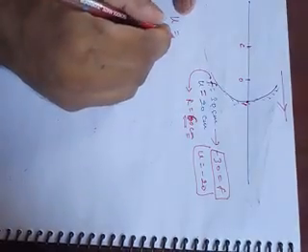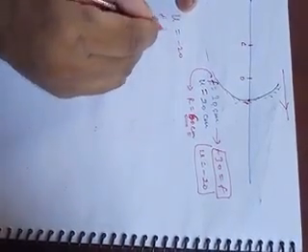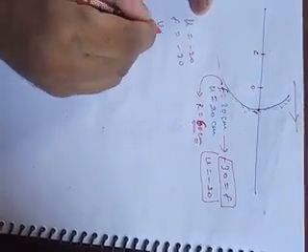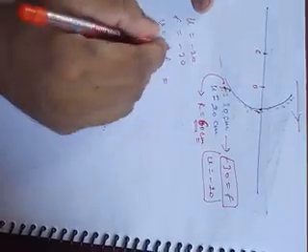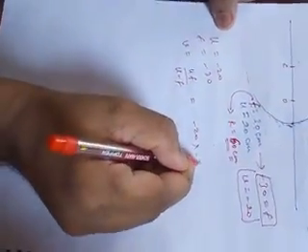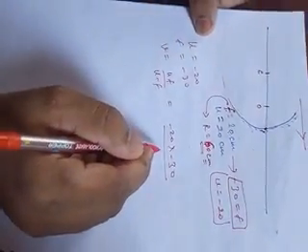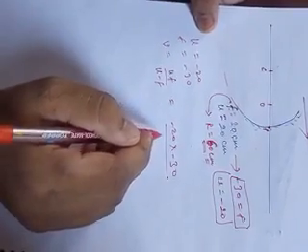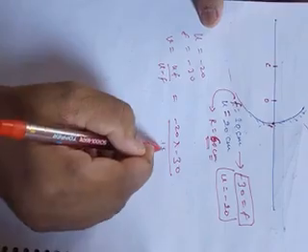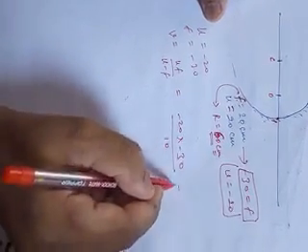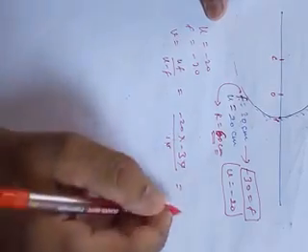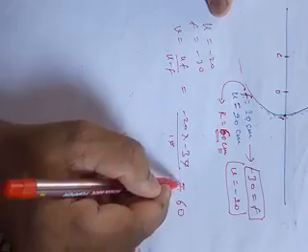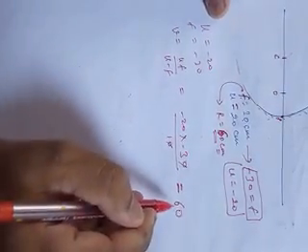So let us find the value. u equal to -20, f equal to -30, and v equal to, you know the formula, u f by u minus f. u equal to -20, -30 divided by -20 plus 30, which is 10. So 60 centimeter is the value of v. This is plus 60 actually.